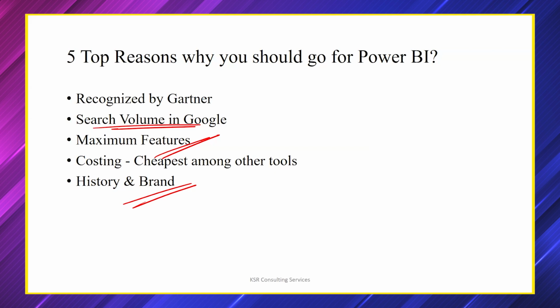Brand is something which no one will compromise on, because branded is always branded, right? So today everyone talks about iPhone because of the brand, right? Everyone talks about the brand because it's somewhere where you cannot even match the company's level. If you ask me, there is no competitor for Google. Initially in 2010, 2011, there was a competitor for Google, which is called Yahoo, right? You would have seen Yahoo search, Google search, but nowadays no one is using Yahoo, right? Similar to that, for Microsoft also, there is no competition. There is no competitor at all. Microsoft is always Microsoft. And that is making this tool unique.